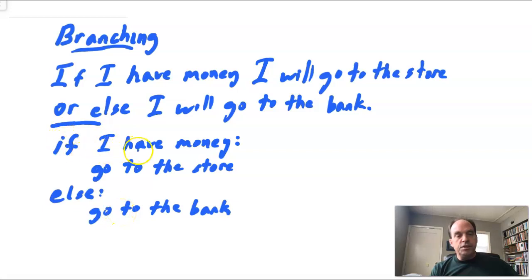If the first condition is true, I have money, then we execute all the code inside that code block. Otherwise, we execute all the code in the else code block. We might have another statement following these two that happens no matter what. So I will either go to the store or go to the bank, but either way I'm going to sleep